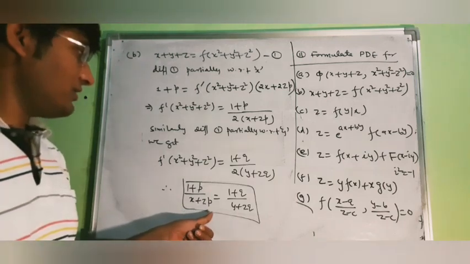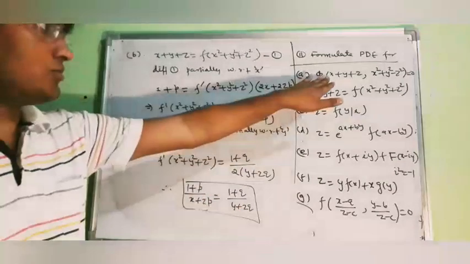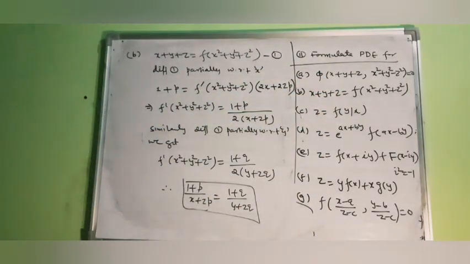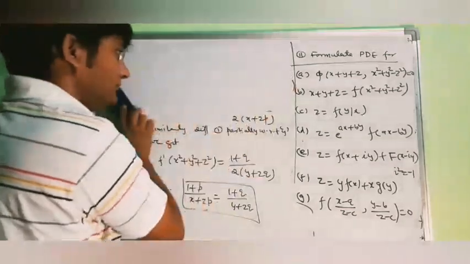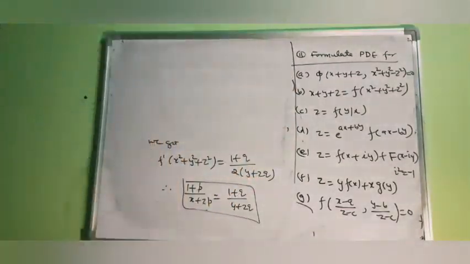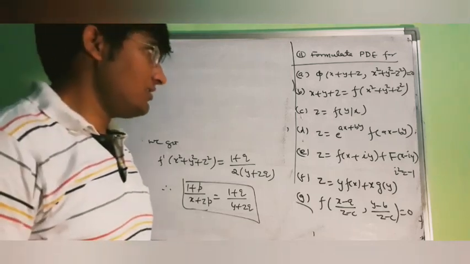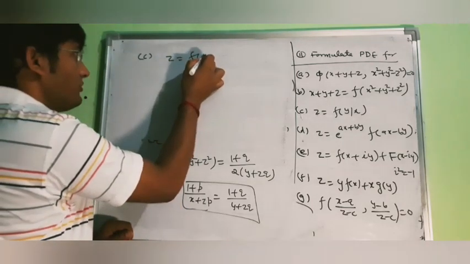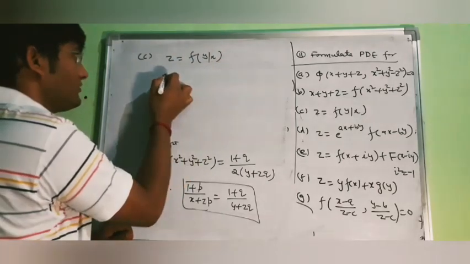So you can see that it is similar to the answer of the first part. Okay, the third part is, I think, quite easy, and you can solve it very easily. Here z is some function of y upon x, so your del z upon del x will be,